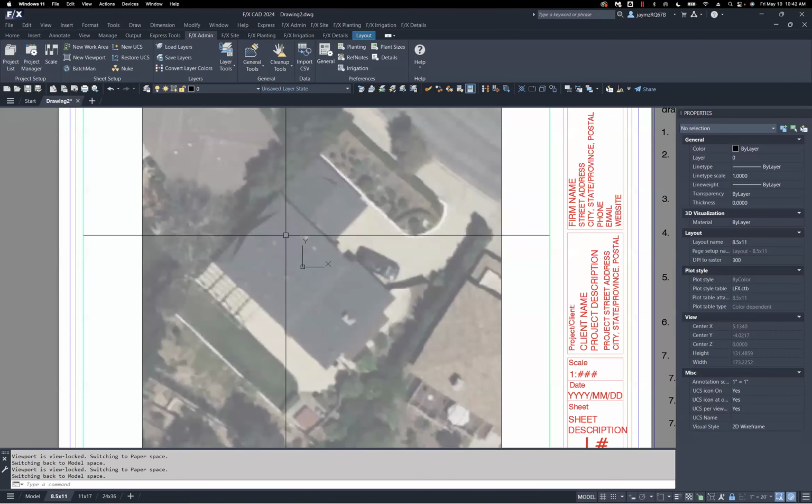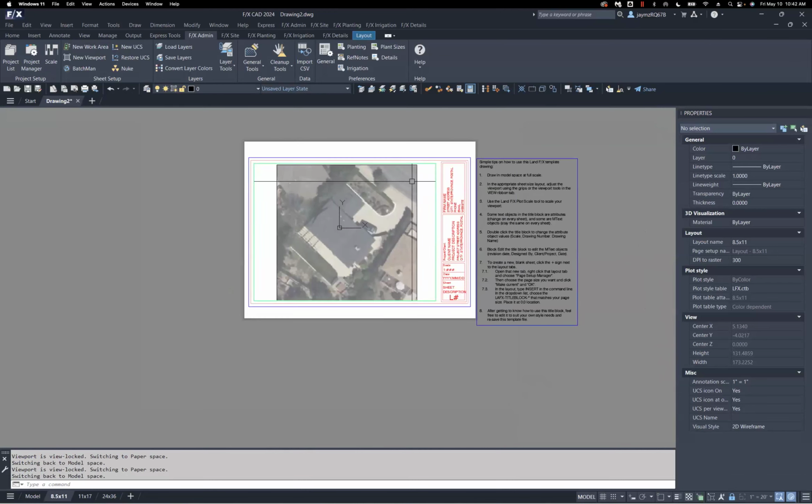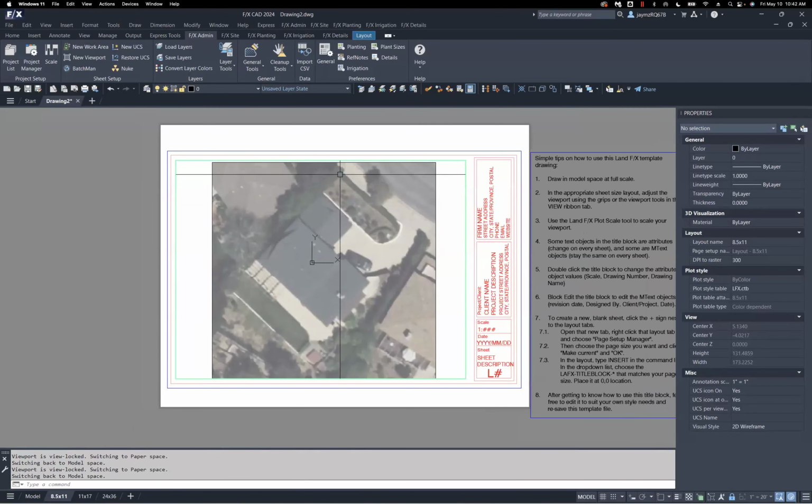the viewport. So as you can see, the difference here is now that I'm zooming, even though I'm in my viewport, you can tell because it's highlighted, it's zooming me in and out of my paper space, not my model space. So if you've played with your scale and you've got that set to your liking, go ahead and lock it, and it can help you accidentally prevent messing up your scale.